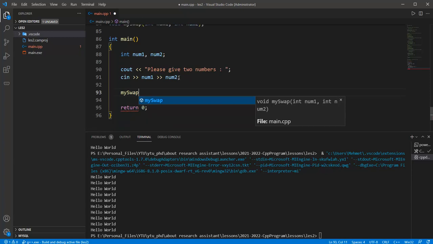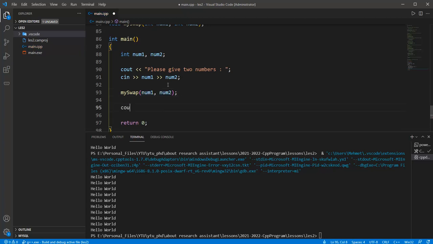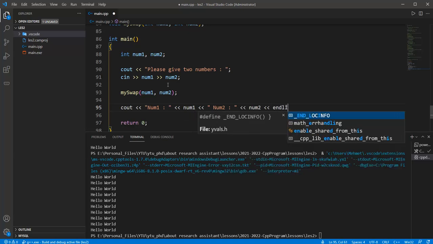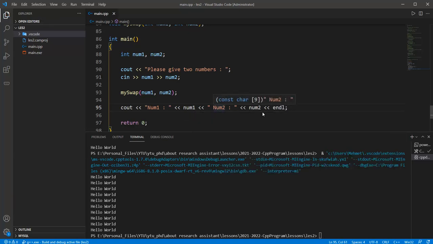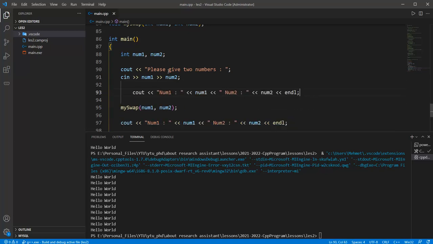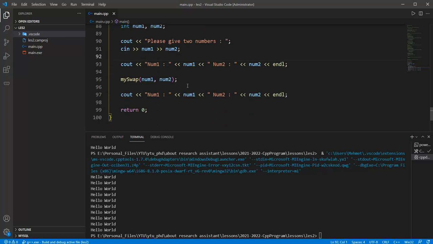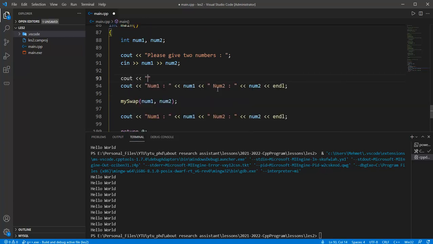Okay, and so in the my swap function, num1 and num2 can be given to this function, and again num1 and num2 can be output with the cout function. Okay, and so in the first place we should give this syntax, and we can also give a message to the user, before swap and after swap. Okay,